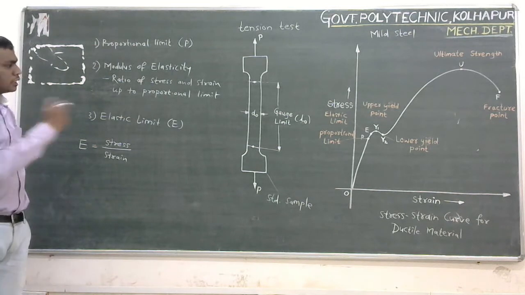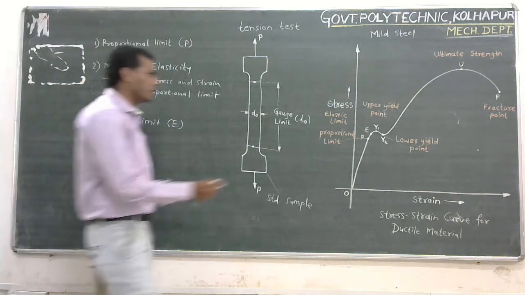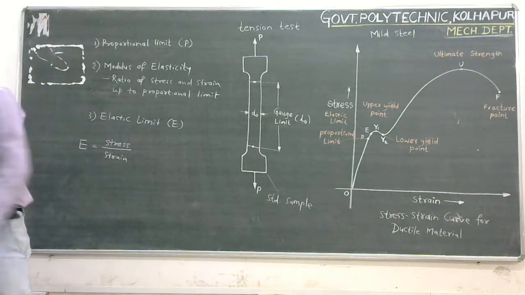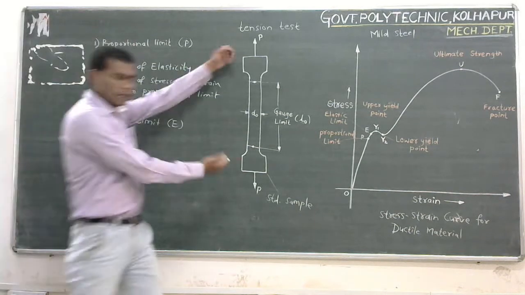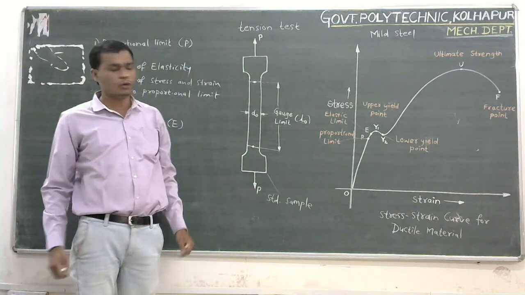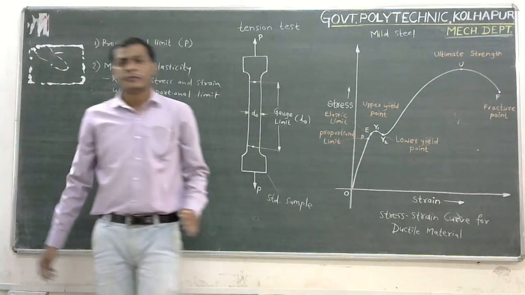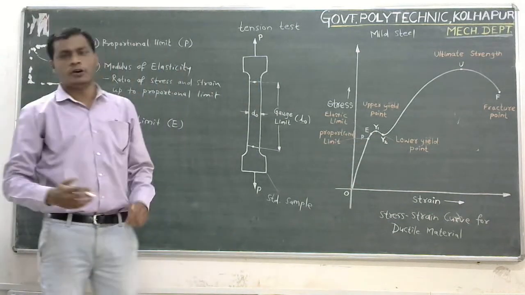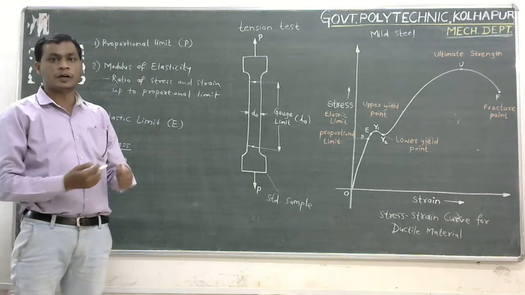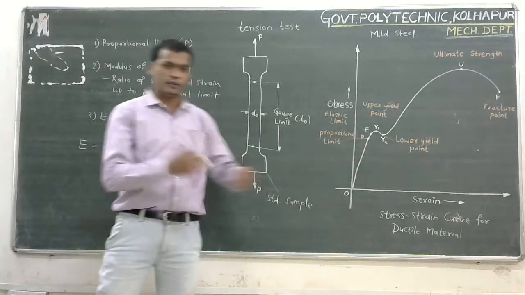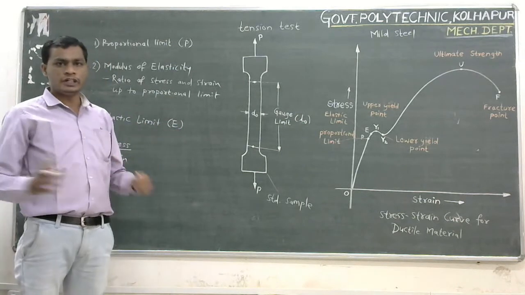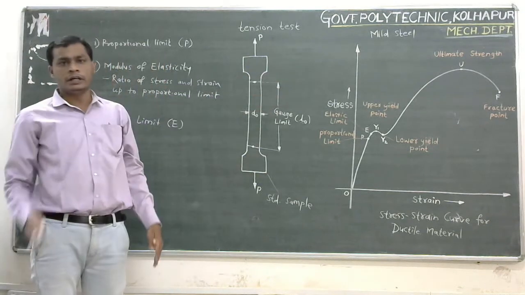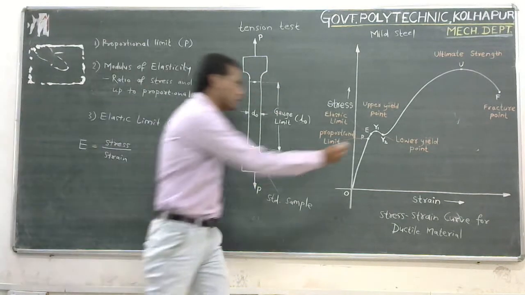After point P, there is one more point. That point is E, that is elastic limit. The elastic limit is the limit up to which all the elongation that this sample is undergoing is elastic. Beyond this point E, the deformation happening in the sample is permanent deformation. Up to point E, if the load is removed, then this deformation will diminish and the body regains its original shape and size. So the original gauge length will recover after the removal of the load up to point E.